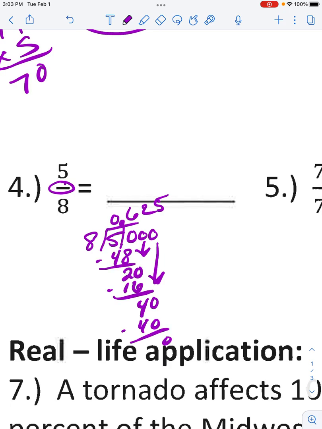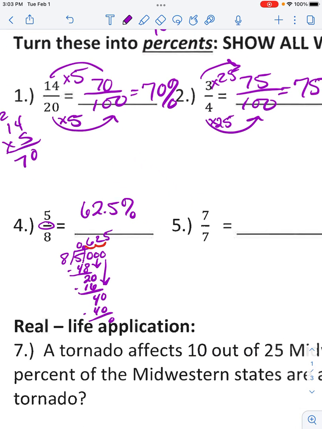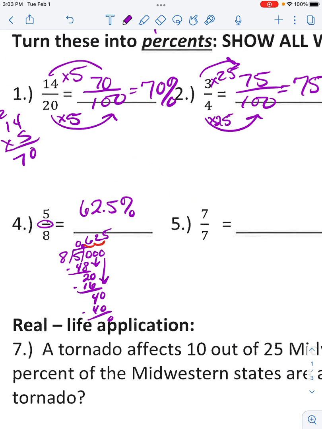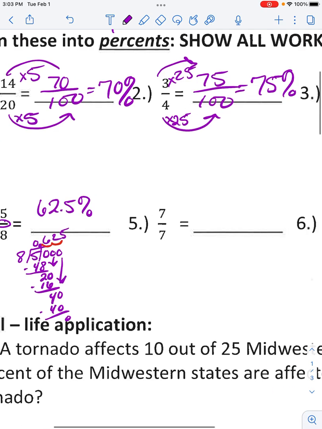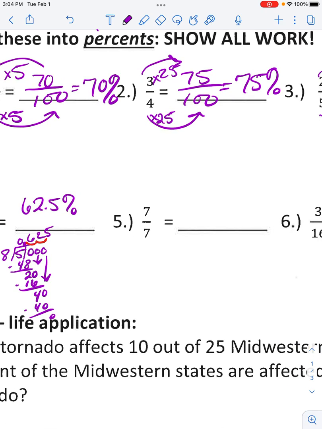Remember, to make a decimal into a percent, we move the decimal twice to the right. To go from a decimal to a percent, you move the decimal twice to the right. Okay. Remember, on number 5,